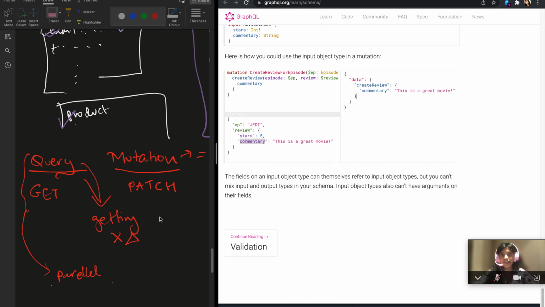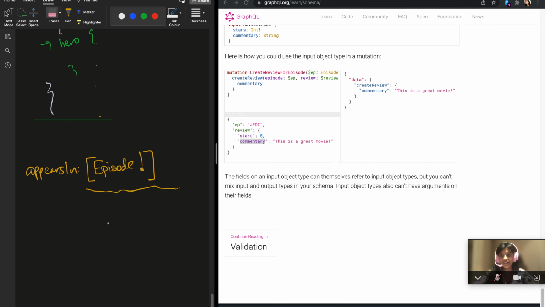Okay, so those are the types. So just to recap, we had the basic scalar types. So if I write that out,